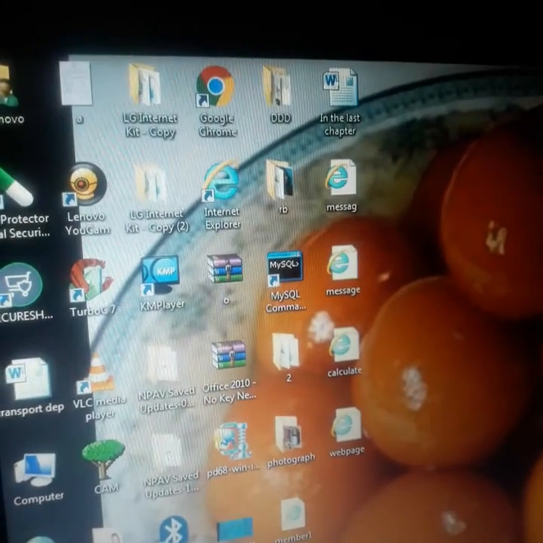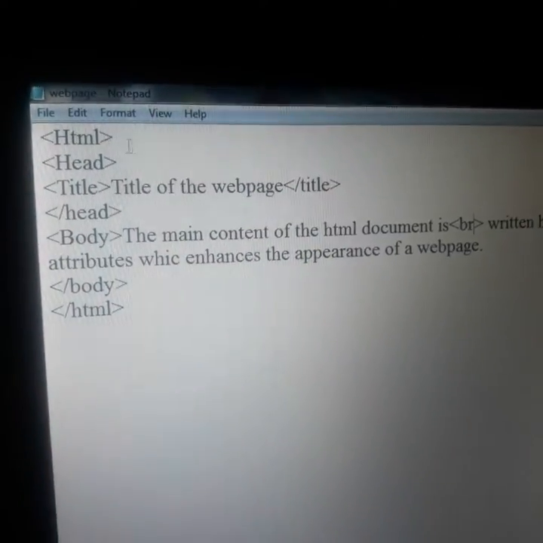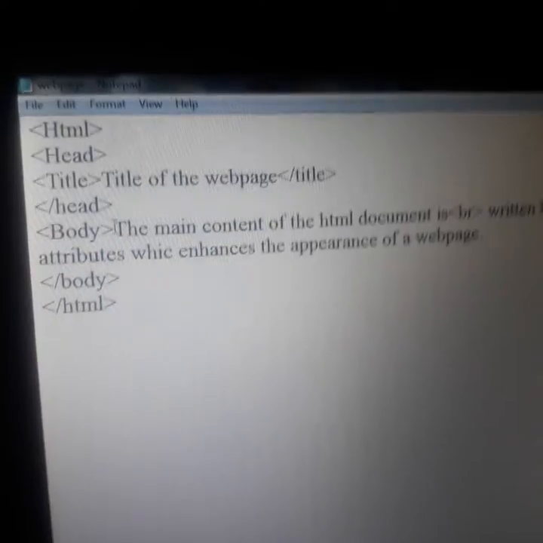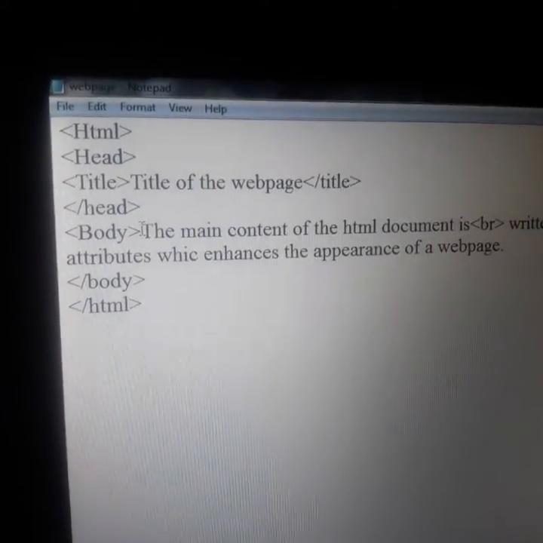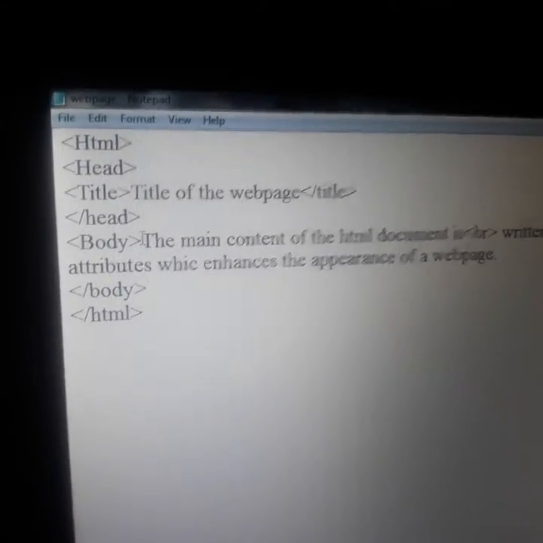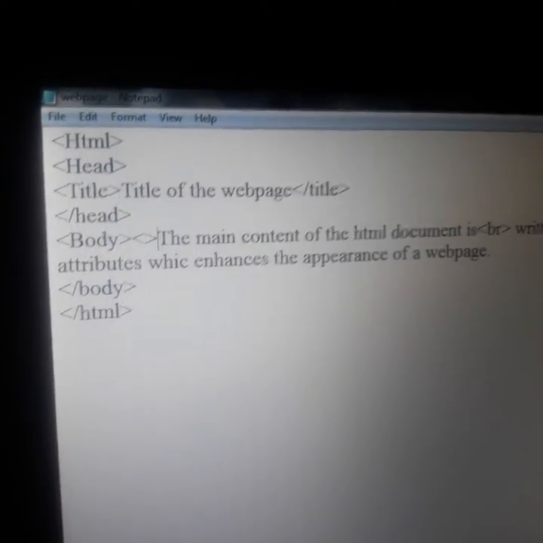Let's add something more, like font size.